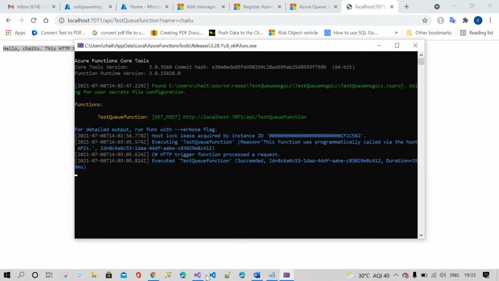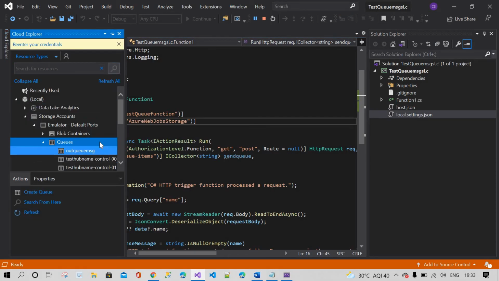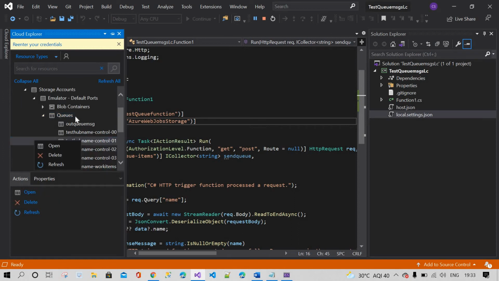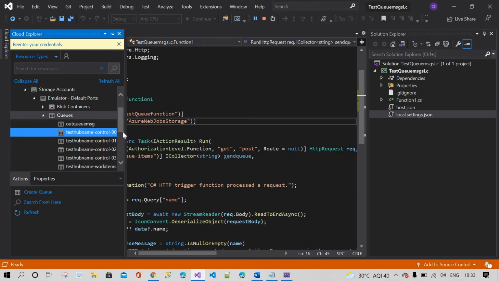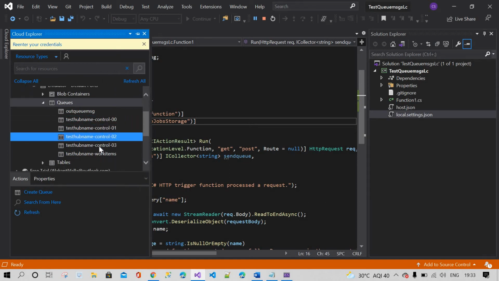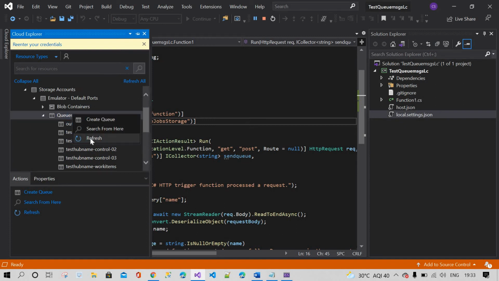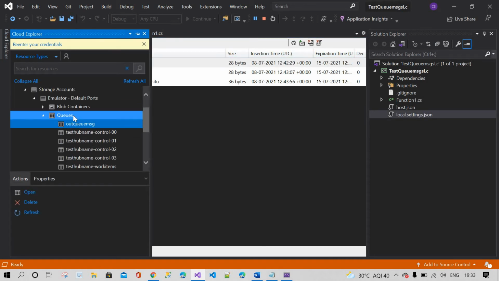Now we are going to Visual Studio and we will check whether the queue message has been generated or not. So refresh. We didn't see any messages, am I right? Again we will refresh. No, this is a very old message.